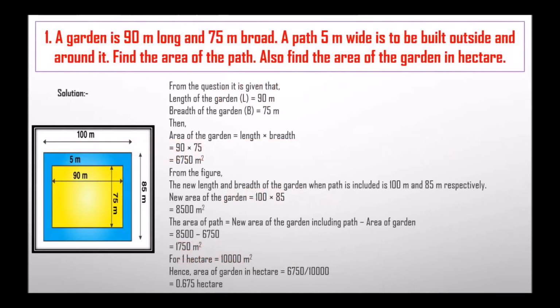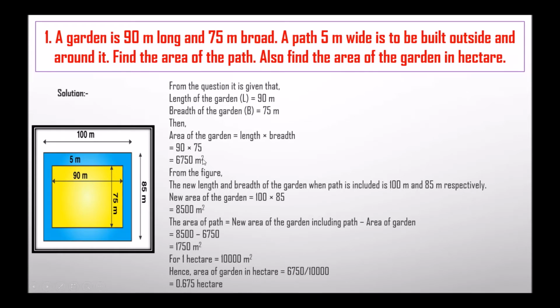The first question is: a garden is 90 meter long and 75 meter broad. A path 5 meter wide is to be built outside and around it. Find the area of path. Also find the area of garden in hectare. So length is given 90 meter, breadth is given 75 meter. Area of garden equals length into breadth, that is 90 into 75, that is